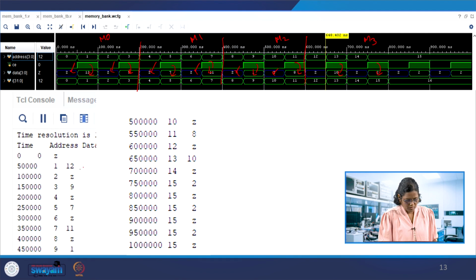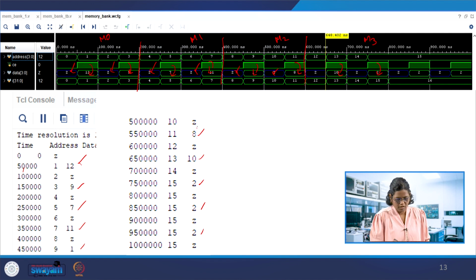The output at 50 is 12, and then at 150 nanoseconds it is 9. Again at 250 it is 7, and then 11, 1, 8, 10. Other conditions are 2, 2, 2, and the high impedance state can also be seen printed.